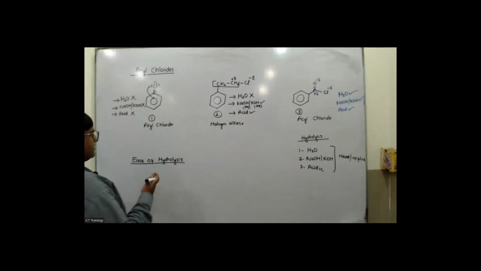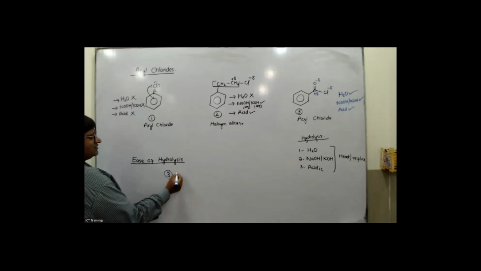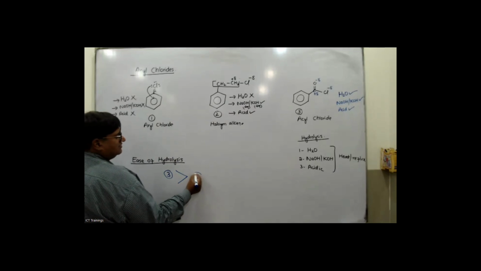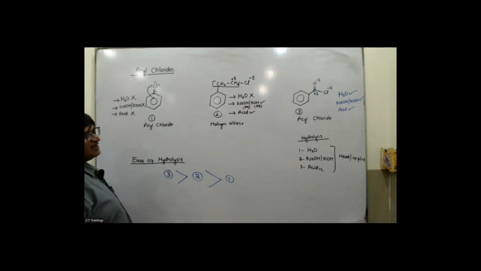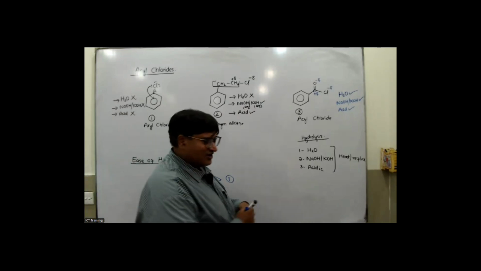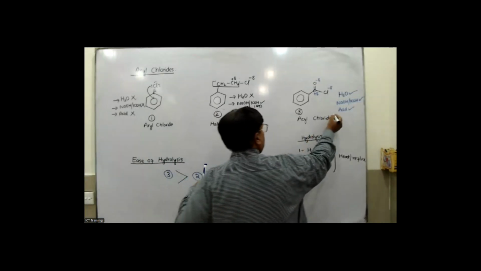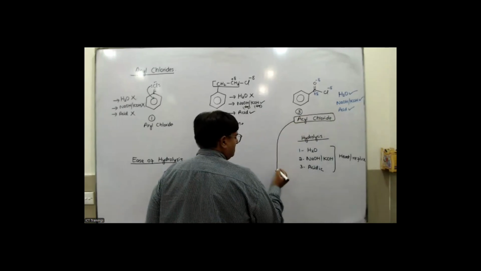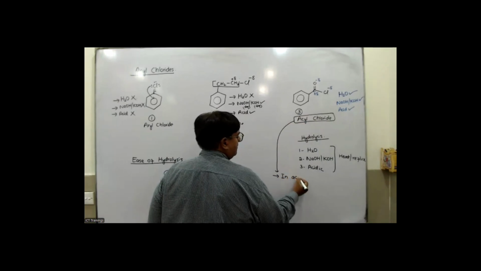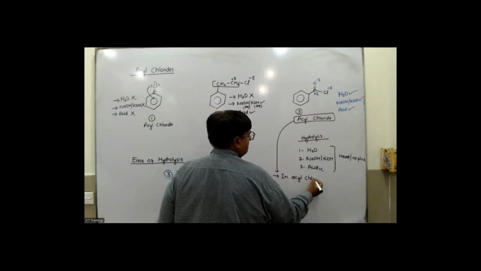So it means, in terms of ease of hydrolysis, the one that will hydrolyze most easily would be 3, and then you got 2 and then 1. And why can the acyl chloride easily be hydrolyzed? What is the reason behind it? They are normally going to ask this. So the reason you should write in acyl chlorides,